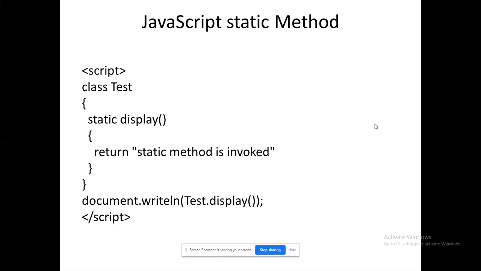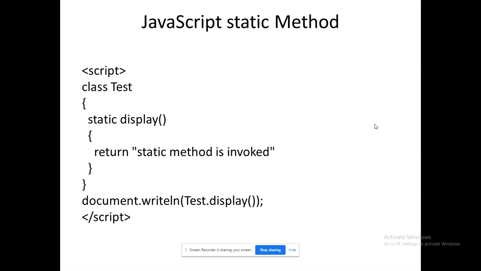Static method, I think it won't have that much of influence on this, but when we are going to use it within the class, I could be able to talk about this. We have a class test, I have a method display, I am displaying some statement, that's the working logic of the program. Before that, prefixing the display method, I have used the keyword static. So document.writeln of test.display. So class name dot method name, I have access to like this.